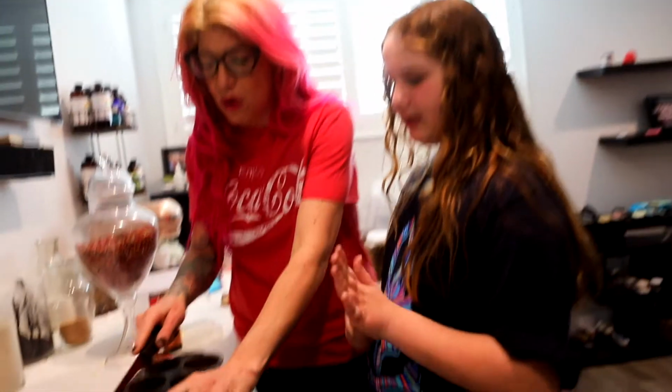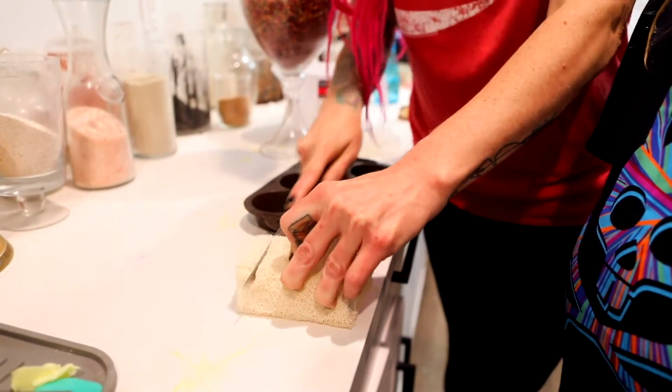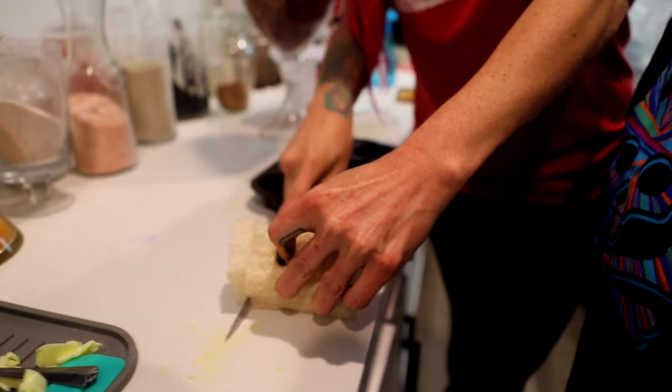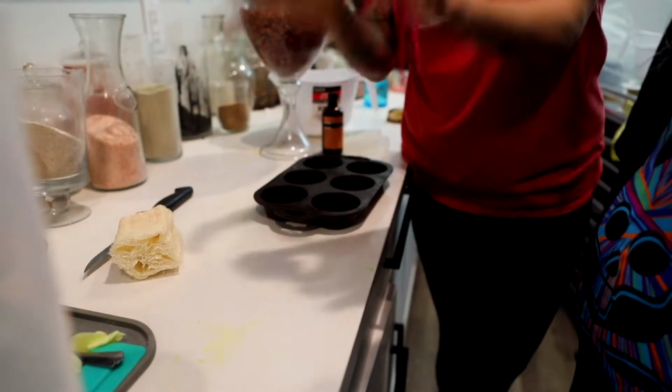So what we're gonna do is cut a little piece off that will fit in our mold. We'll do this so you don't cut your finger off. No sound effects needed here. We got perfect sound effects. Sounds like you're cutting dry bread a little bit. It does, right? Or like fingernails on a chalkboard. So we're just gonna cut our loofah